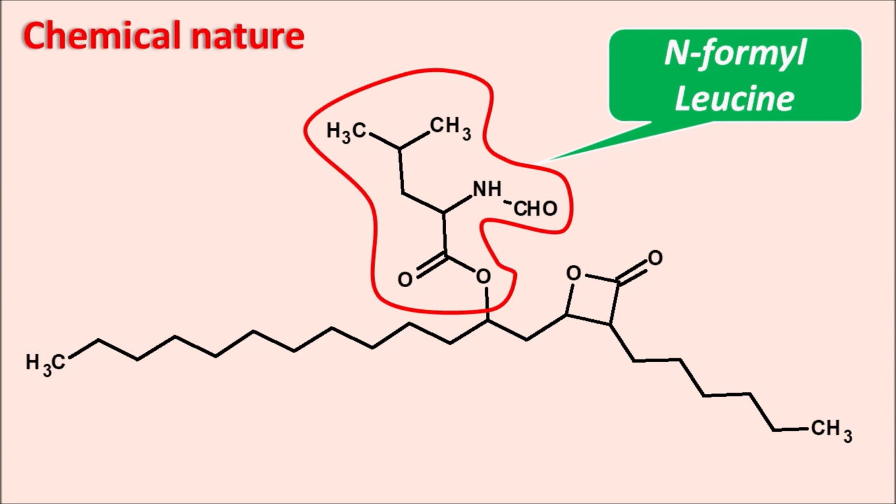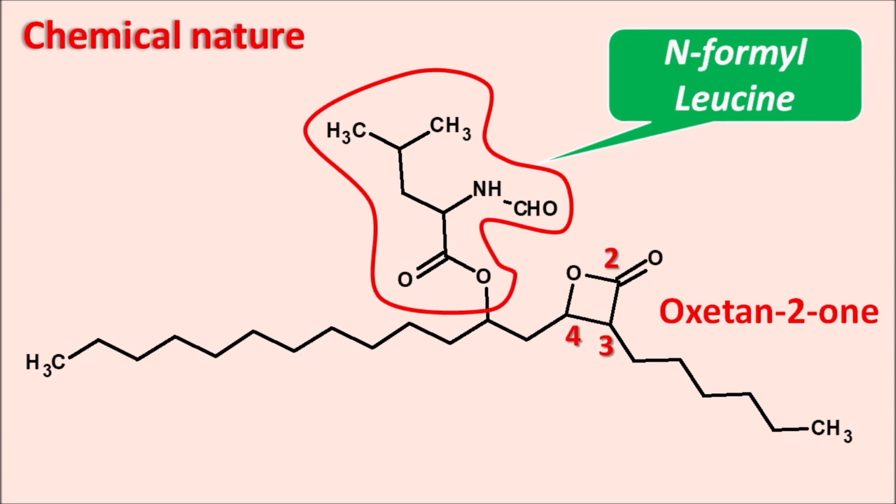Let us give the numbering. We have to start the numbering from oxygen. Then this will be second, third and fourth. So second position a ketone group is present and the ring is oxetane. So it is nothing but oxetan-2-one. To this ring at the fourth position a large chain is present which is having a hydroxyl group at the second position that forms an ester with N-formyl leucine. So this longest chain is having the 13 carbons and this is attached by fourth position.